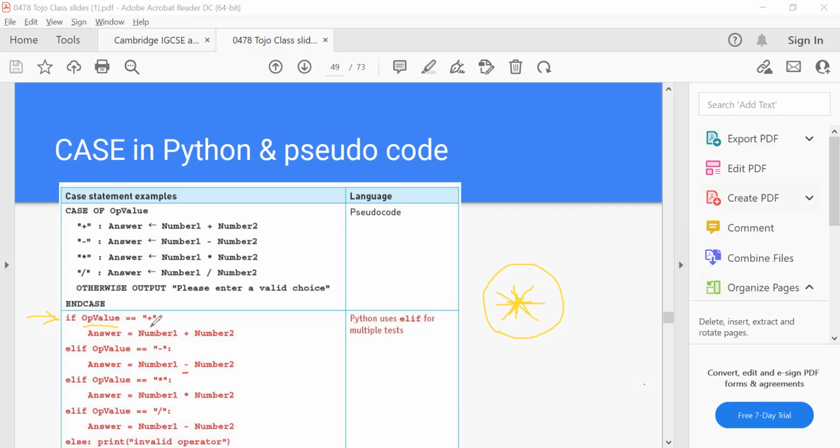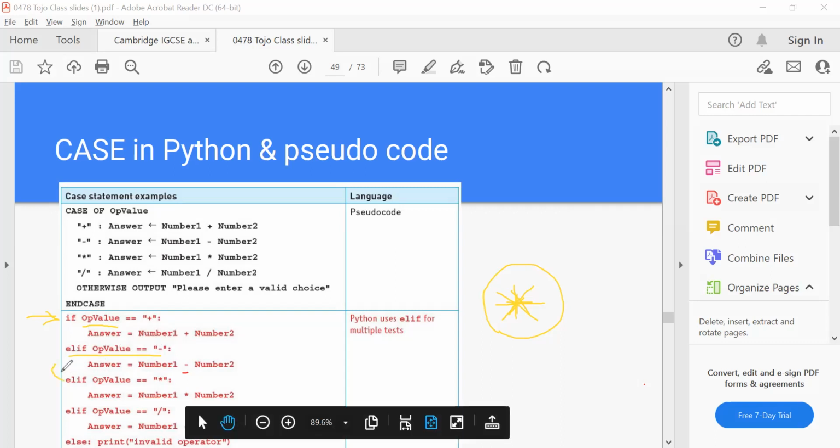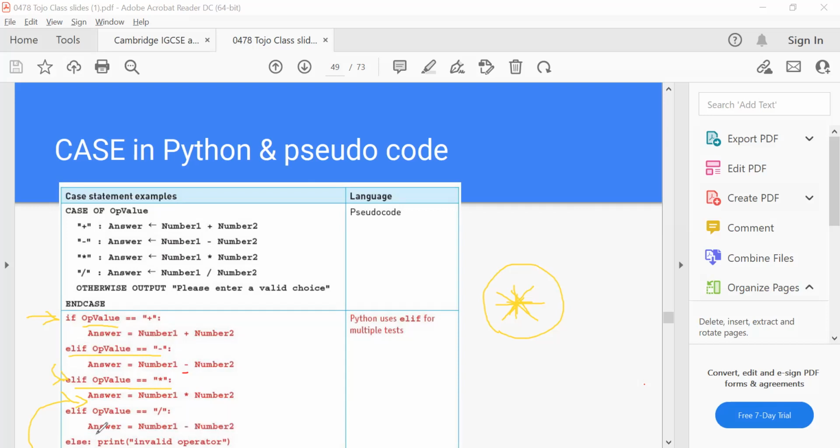The first condition will become false. It's not plus, and the second condition will also become false because it's not minus. Once it comes to check the third condition, it will become true. The assignment is correct: the op value is an asterisk. So it will execute that code, and when it executes that code, it will exit everything. It will not run the rest of the else if branches. Does this make sense? Then why should you not put a few ifs under each other?